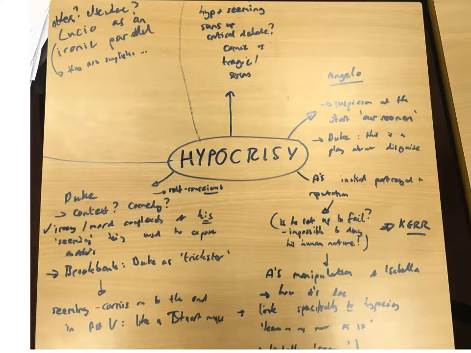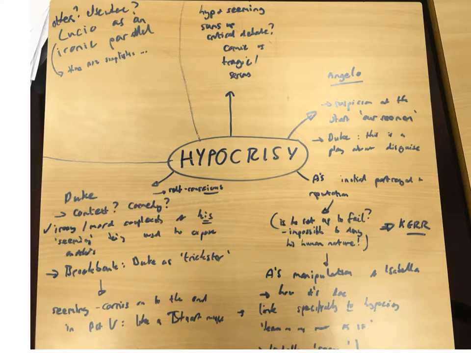The idea of hypocrisy and seeming seems to me to encapsulate this critical debate, this tension between comedy and tragedy. On the one hand, disguise is a very common comic convention used in plays such as Twelfth Night. On the other hand, the idea of appearance versus reality, reminiscent of other Shakespearean tragedies such as Macbeth, is used